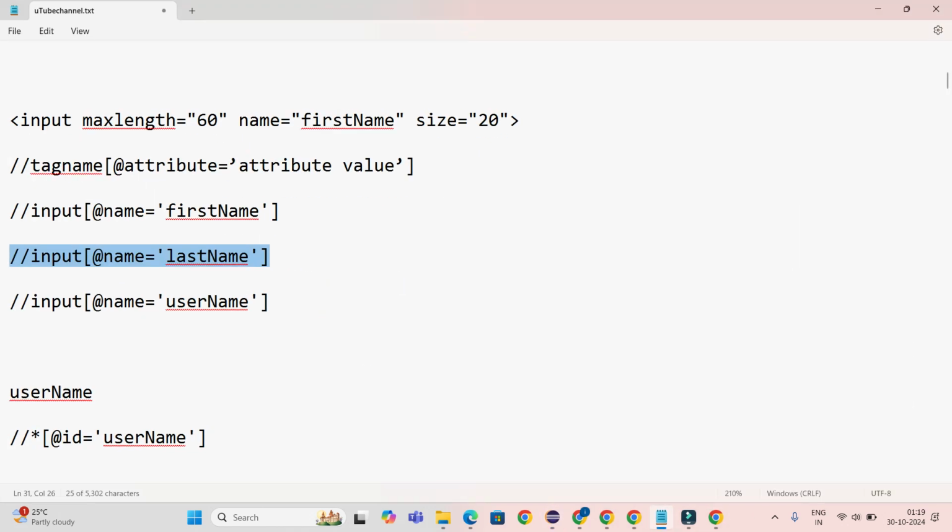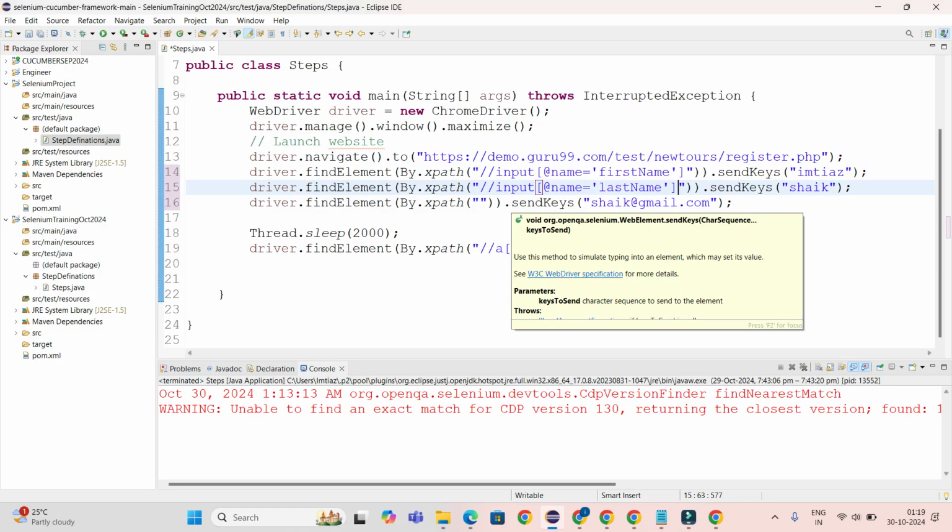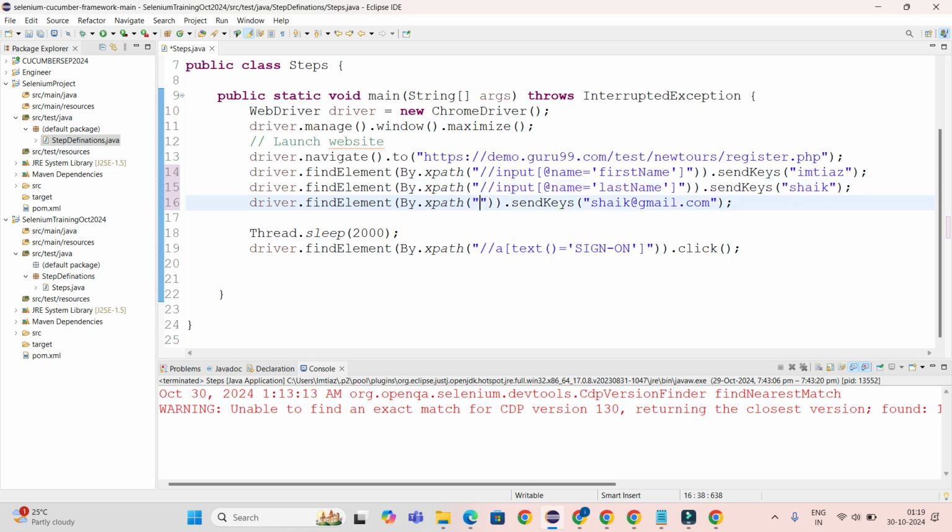And last one is username, here username. So I'm trying to identify the location of the object by using XPath. In some scenarios, you have to use XPath. In some scenarios, you have to use name. Some scenarios, you have to use ID. Some scenarios, you need to use CSS selector. So this is the demo for the